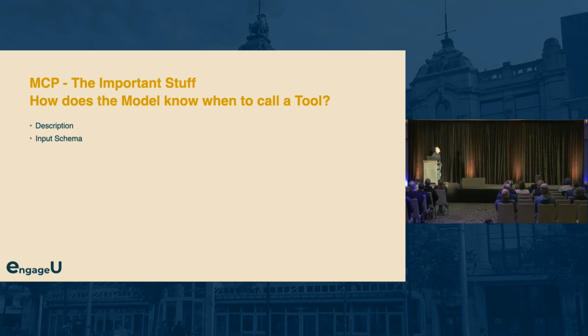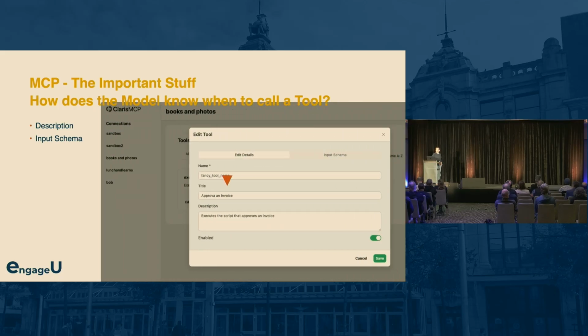There's a couple of places where you write those instructions. We touched on that a little bit yesterday. This is a screenshot from the Claris MCP server where you edit a tool. So the tool name and the tool description are your two main places up front where you have to be very clear, right? So give your tool a meaningful name and give it a meaningful description on what you need